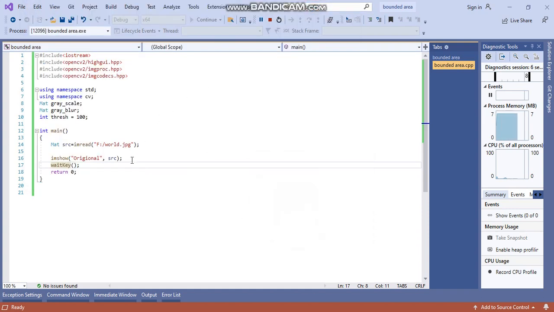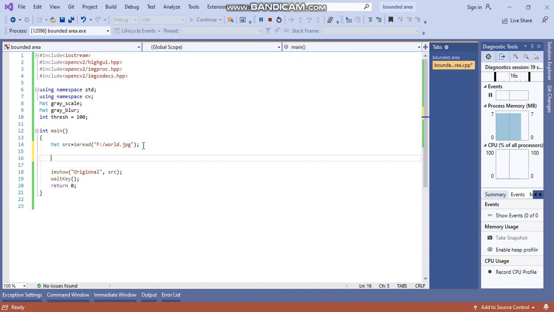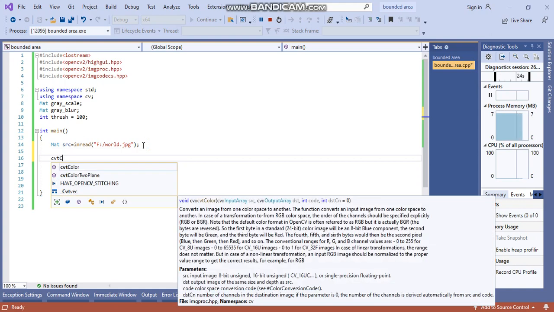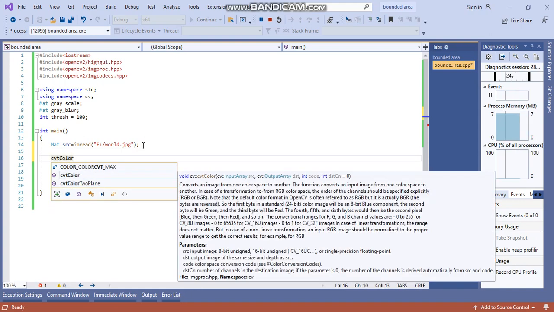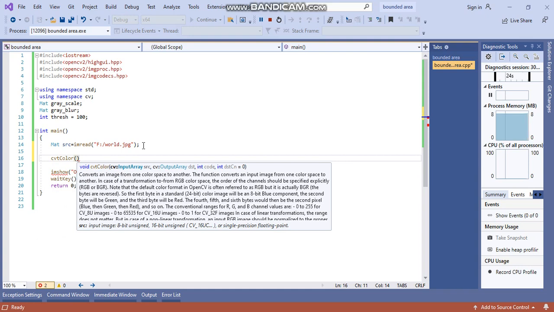What should be the next step? So the next step is to convert this image into a grayscale image, right? For the grayscale image, you will be using the method cvtColor. In cvtColor, pass src, meaning the source image, input array src, right? And the output array name.